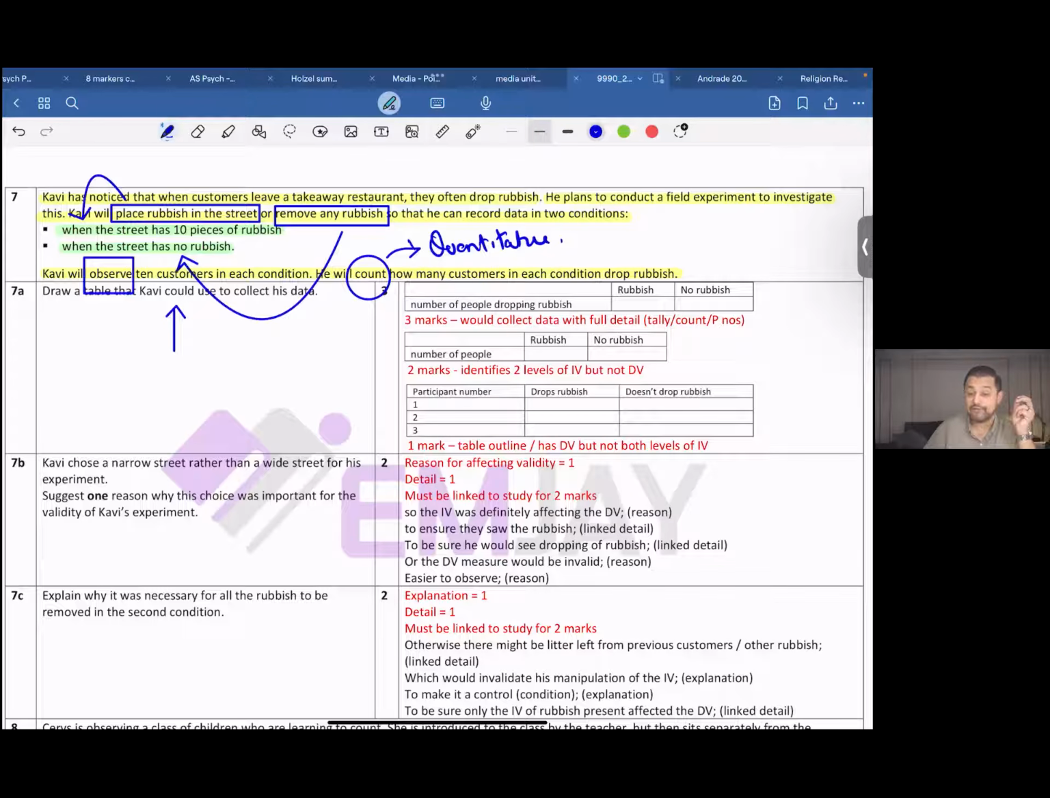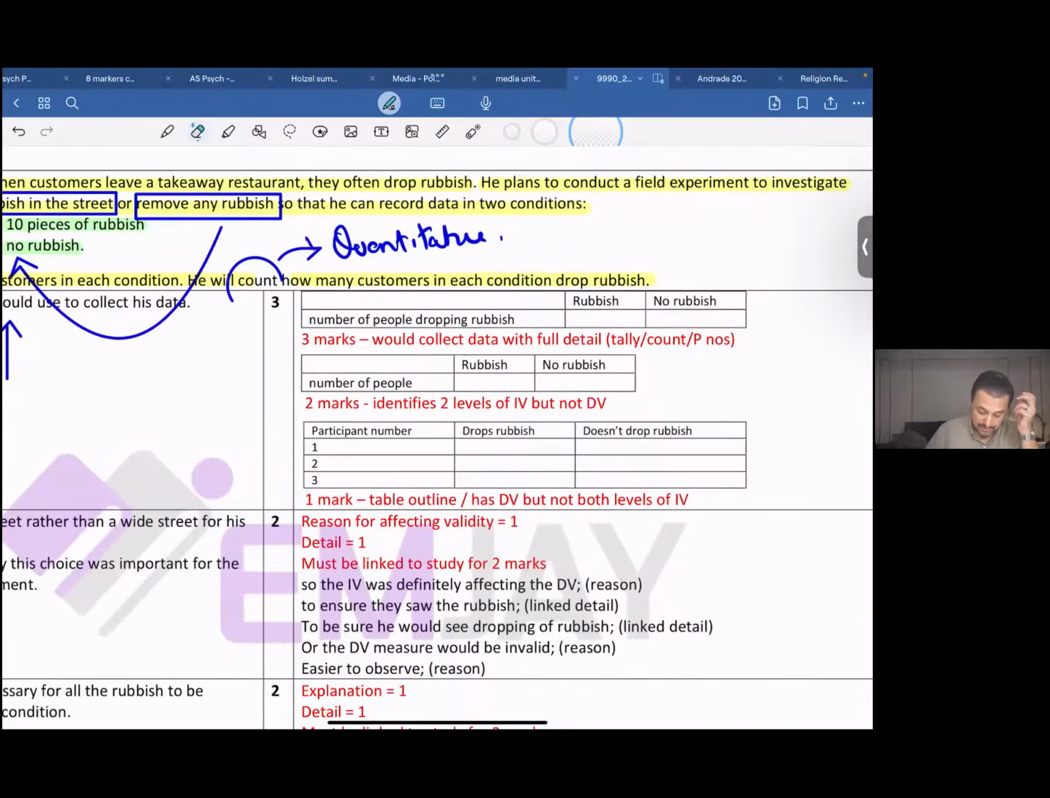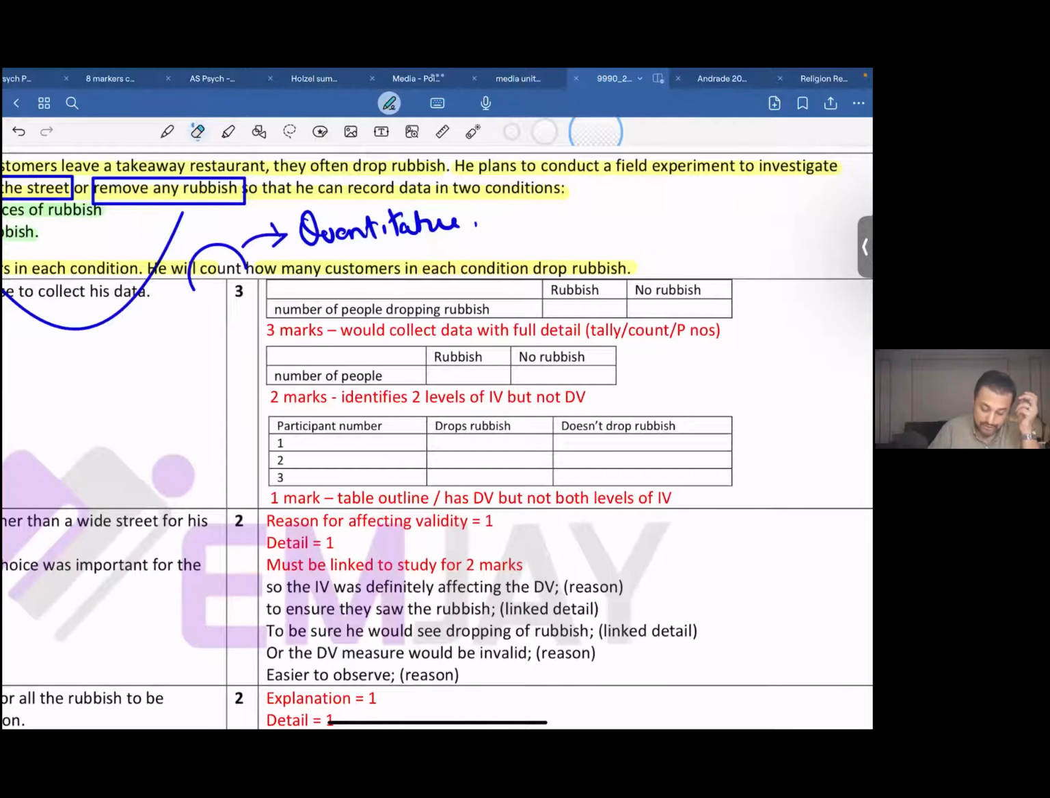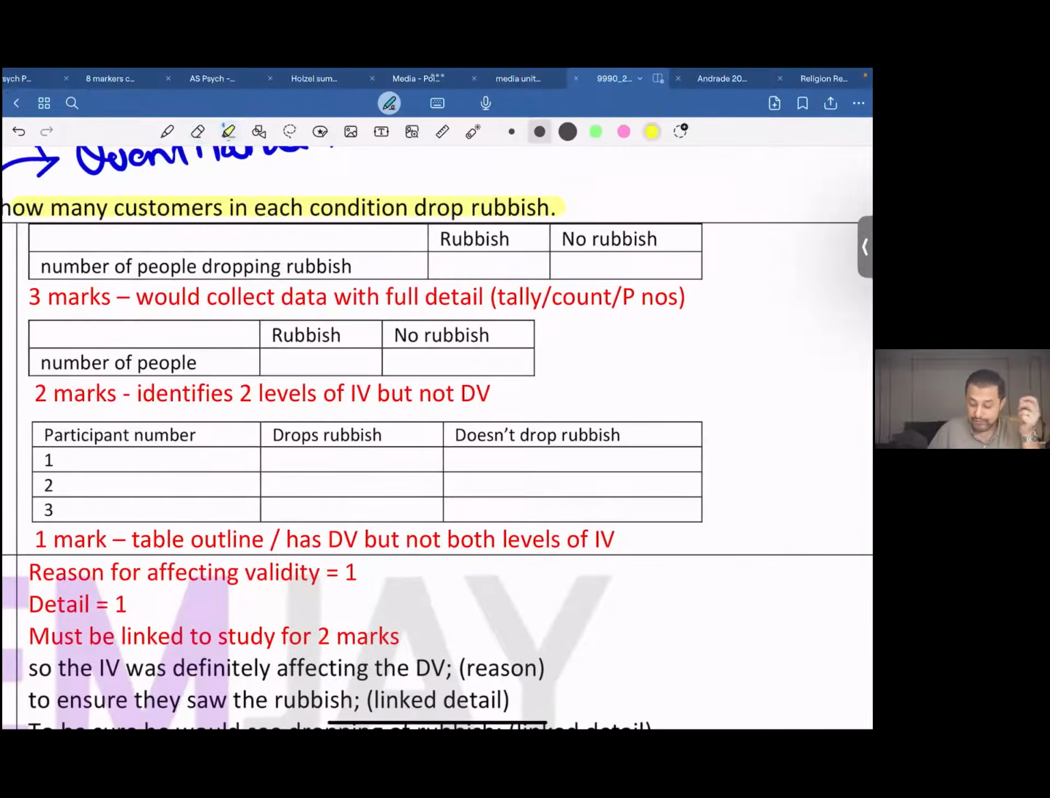Moving on to question 7a. Draw a table that Kavi could use to collect his data. So a table has to be drawn over here, and this is worth 3 marks. Number of people dropping rubbish. How do you get 3 marks over here? 3 marks would be data collected with full detail, a tally or count, along with the number of participants. So you get 2 marks